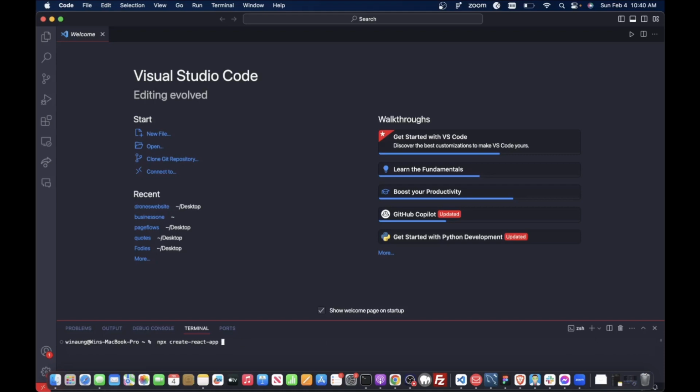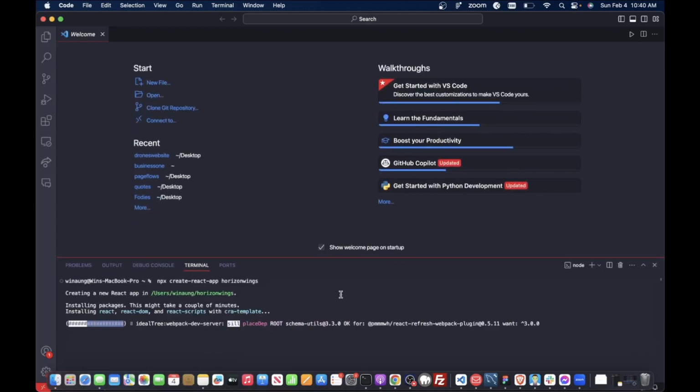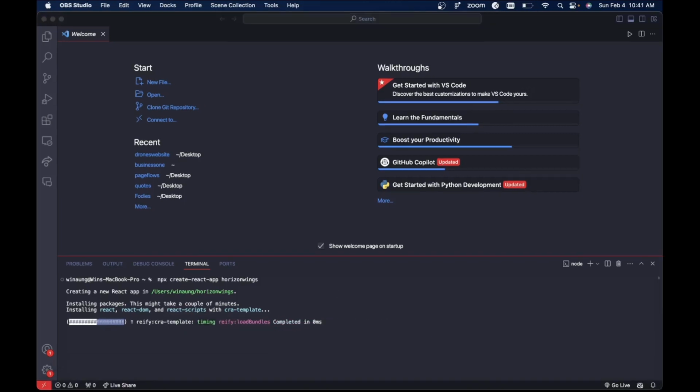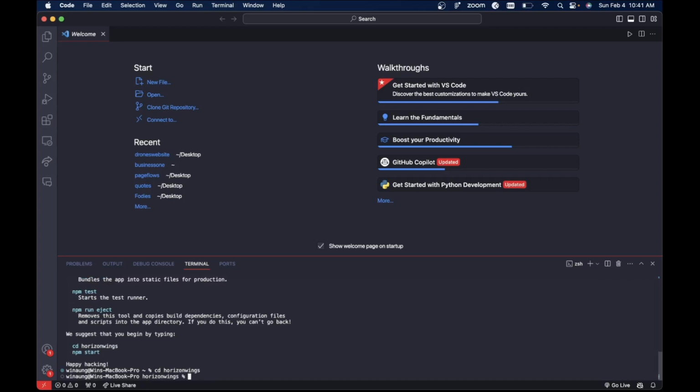I'm gonna say orange on wings. Alright, we're just gonna let it run for a couple minutes. Alright, now that it's done, let's go ahead and do cd horizon wings. Cd into that, and then let's do code